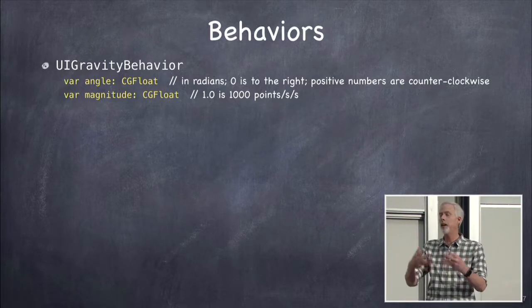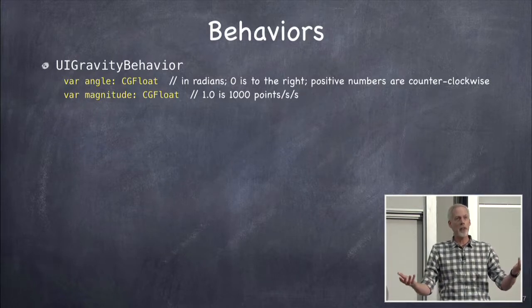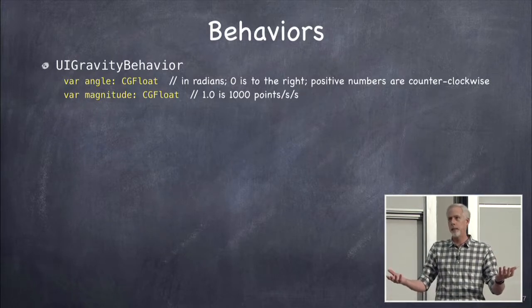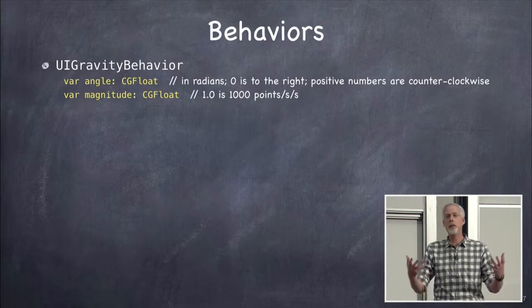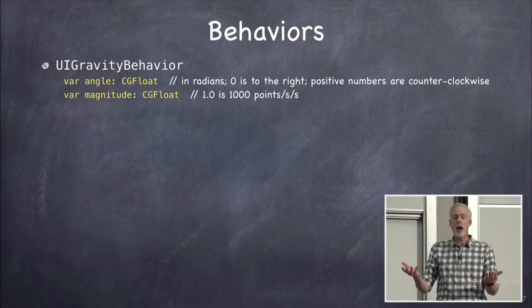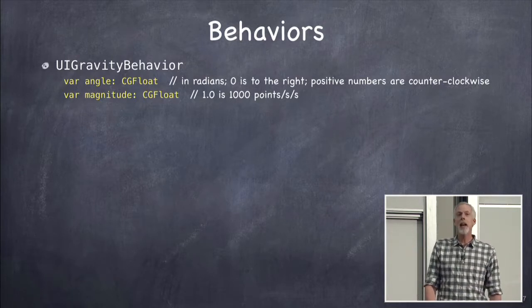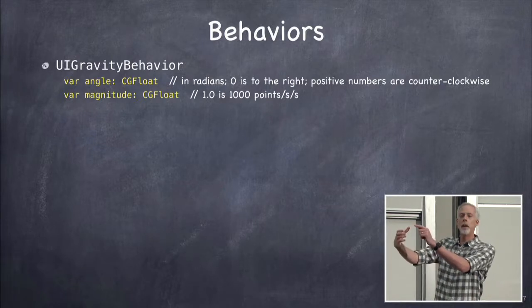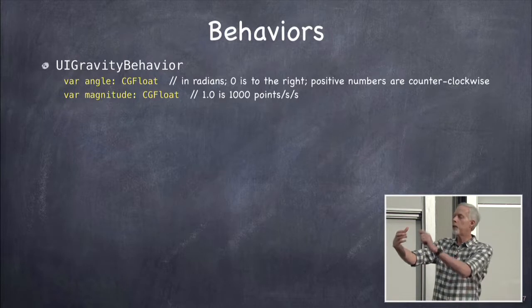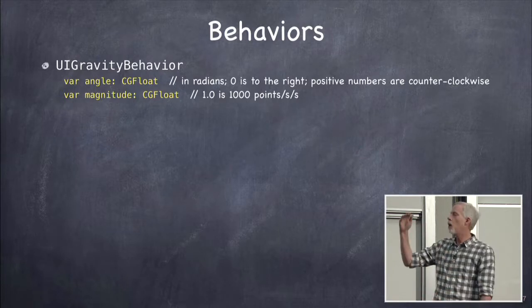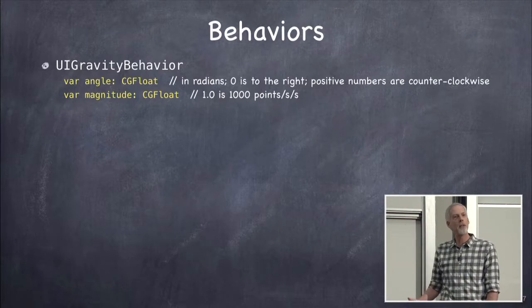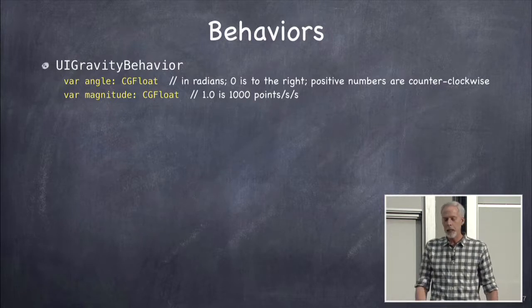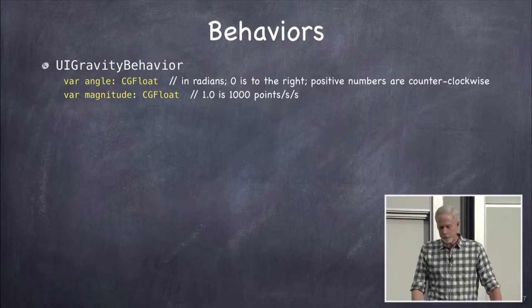Gravity is an acceleration. Anyone know what the gravity on Earth is? 9.8 meters per second squared, right? So on screen, it's 1,000 points per second squared. And what's really interesting about 1,000 points per second squared, it's a very round number, but it feels a lot like 9.8 meters per second squared. Now, if you have your phone, you put a view at the top, and you apply this gravity behavior to it, it'll fall almost exactly the same as a real-life object would fall. It's really pretty amazing, actually. And yet it's such a round number like that.